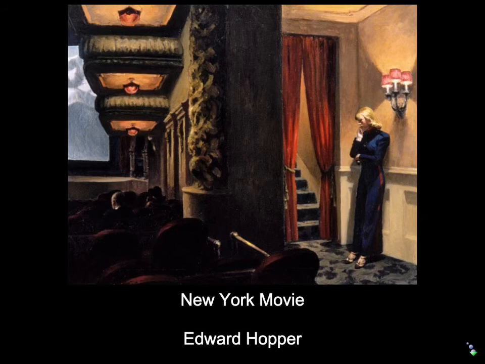Then he divides this with the kind of door jamb and ornamental column there. And then to the right, we see the usher, young woman there working in the theater, a little bit bored, kind of waiting. Maybe she's listening to the film. She's probably heard it 20 times or more. And then that opening in the curtains where you could go up into the balcony, which implies another space, but a hidden space. So what I want you to see here is how he uses figures in relation to spaces, to things that separate them or unite them, to colors, to abstract compositions, to create these really very complex and imagination-grabbing scenarios.